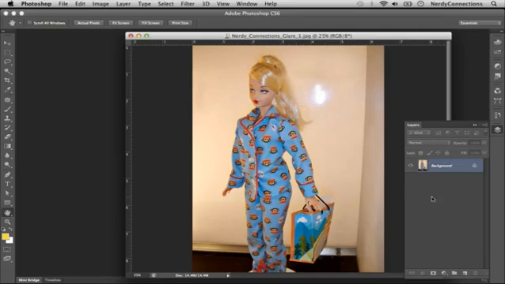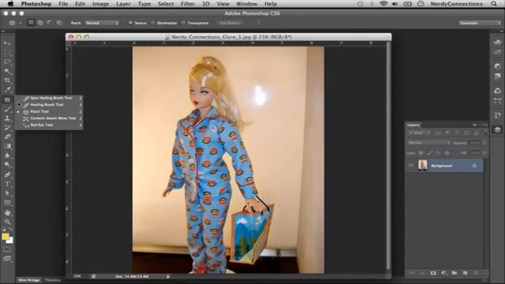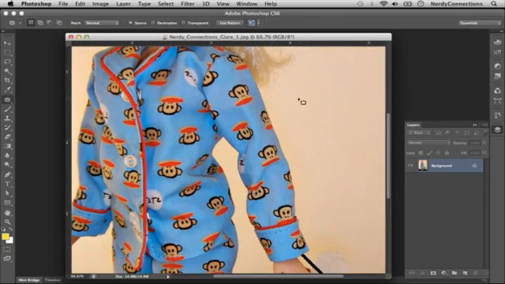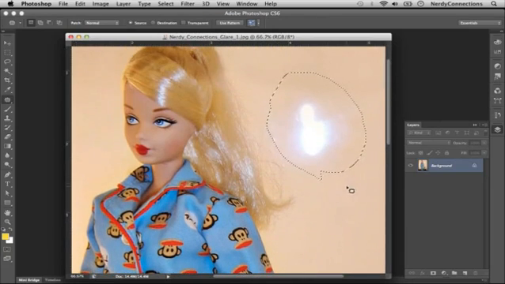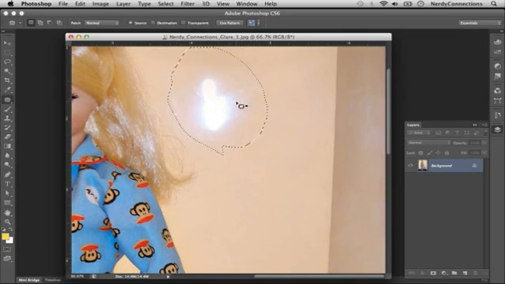So what we're going to do is go to the patch tool here, and we're actually going to make a selection. I'm clicking and dragging, and I'm going to select the glare. And this is very handy and very quick. Before you would have to probably use the clone tool, which we may use with this if it doesn't work all the way. But we're actually going to click and drag, and what we do is you see it actually